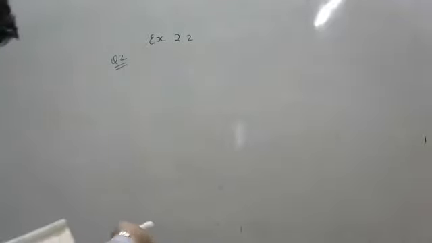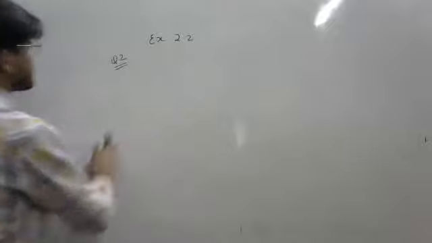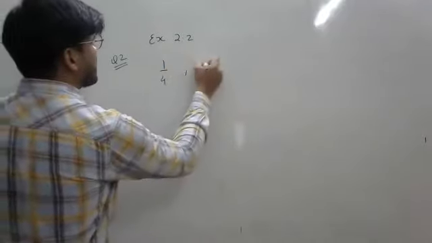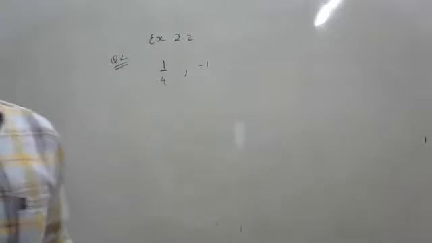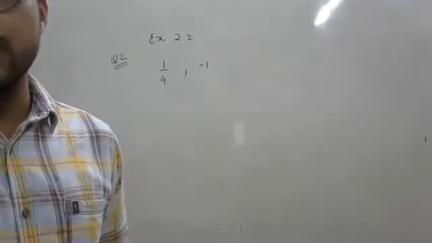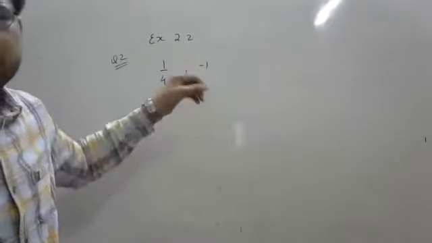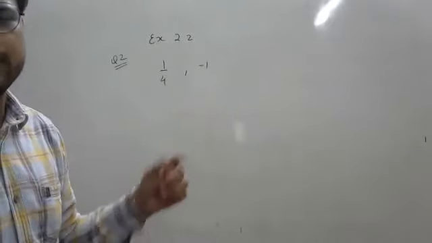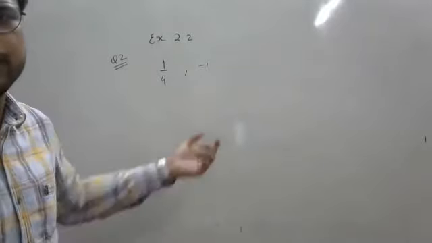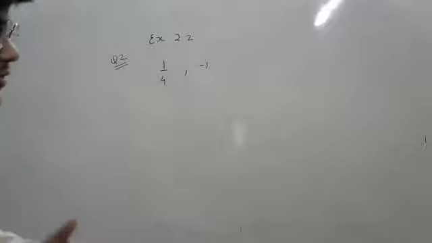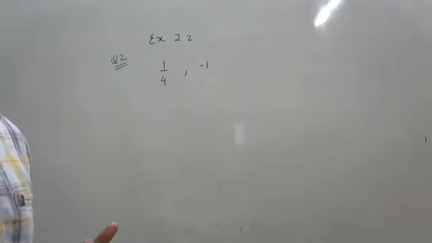Okay. Let's say, starting with first question, so they were provided 1 by 4 and minus 1. It's very important to read the heading first. The heading says the first term is representing the sum of the roots of quadratic equation, and the second term represents the product. Out of this information, you have to form a final quadratic equation.